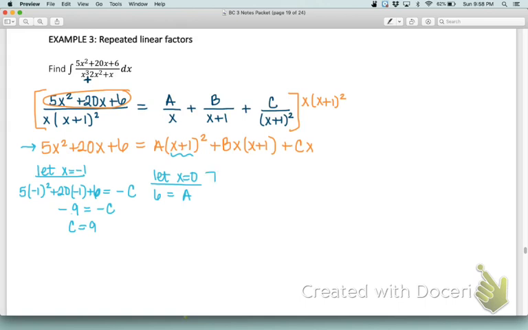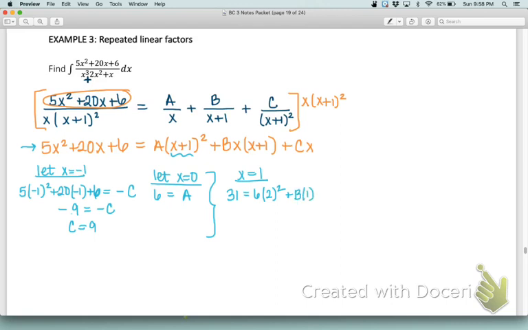So now, using this information and choosing to use a simple value of x equals 1, if we plug in 1, we get 5 times 1 squared plus 20 times 1 plus 6. That comes out to 31. That's from substituting in on the left side of the equal sign. And that equals, we're going to let a be 6. And then this is going to be 1 plus 1, so times 2 squared,